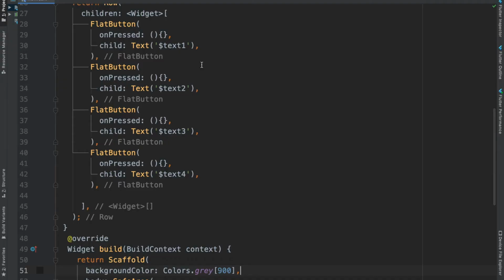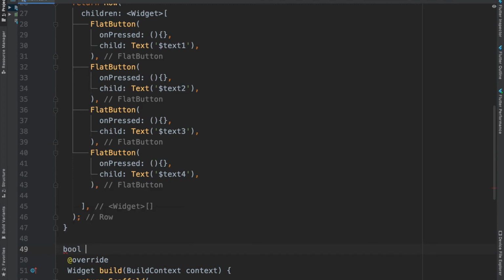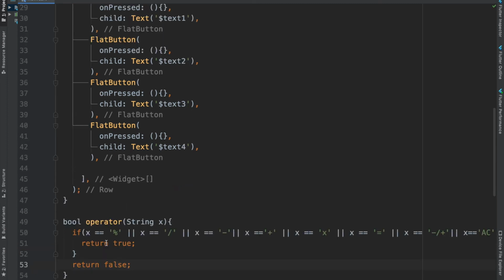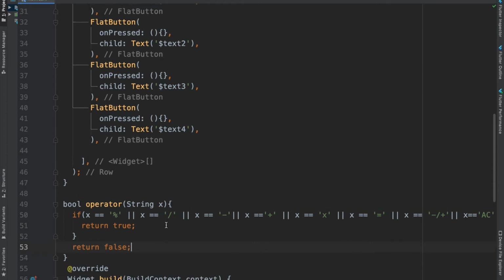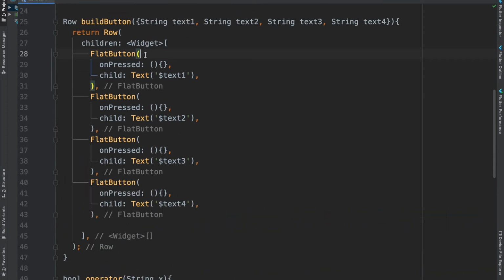So in order to do that, I'll create a method called operator, and inside this I'll pass a string x as its parameter. Now if any string passed inside this method satisfies this condition, then the method will return true, else it will return false.